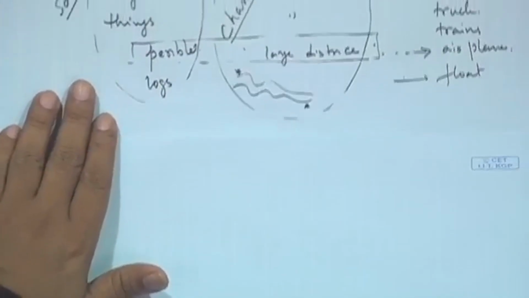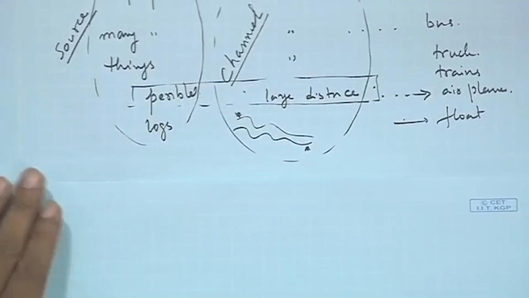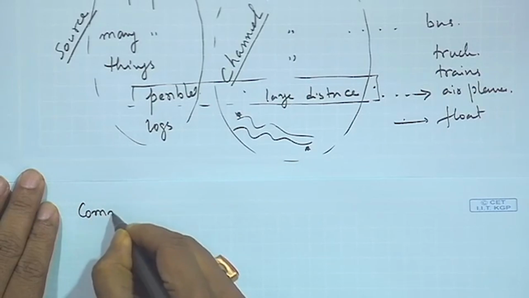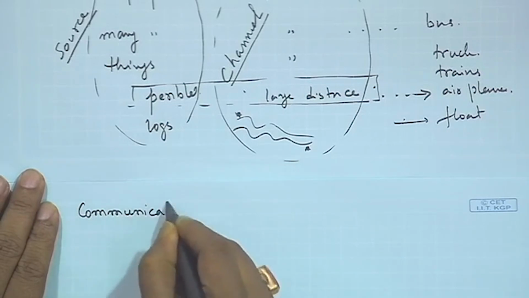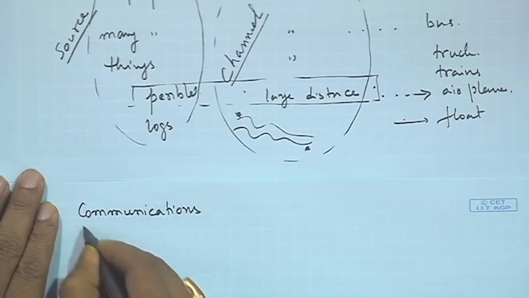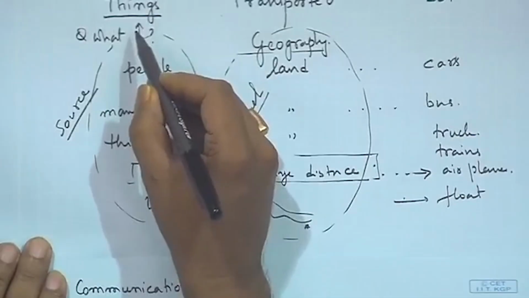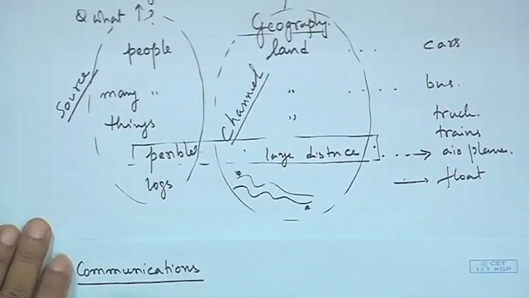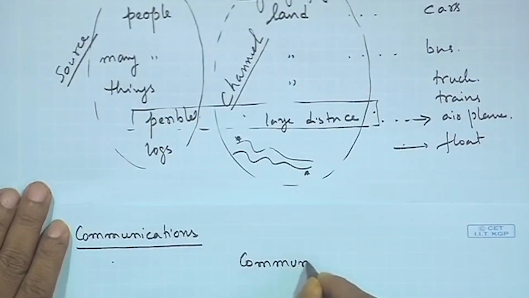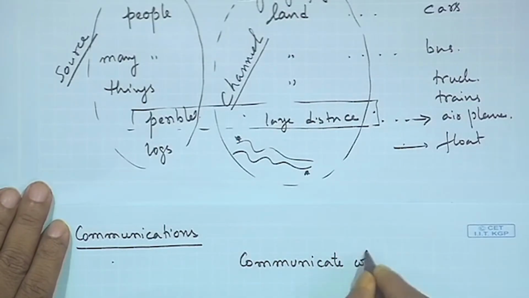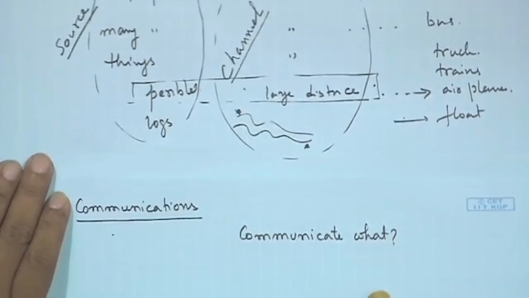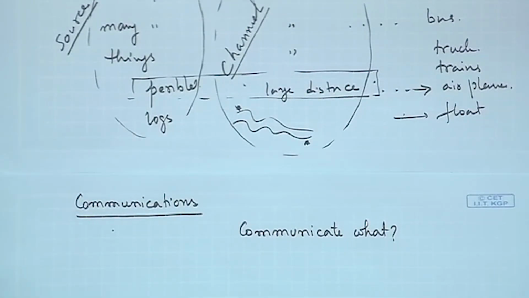So, now if we are asking a question related to communications, again I would like to ask what is to be communicated, communicate what, right. Well, you can say information, that is a pretty right answer,